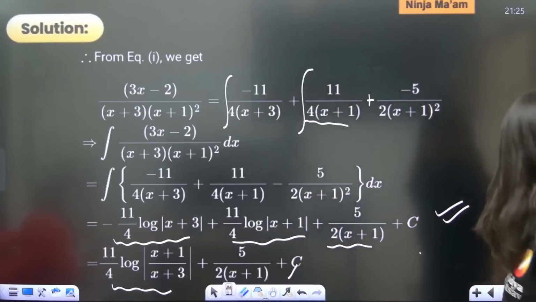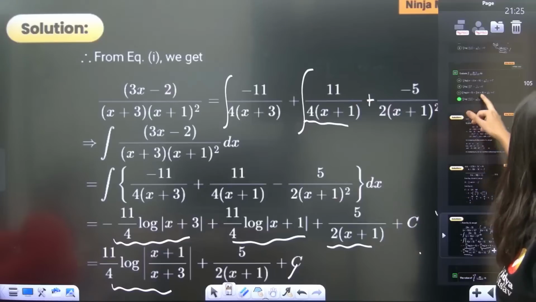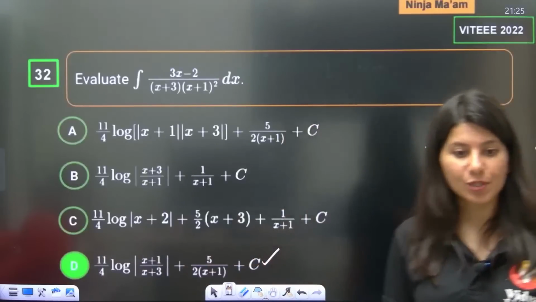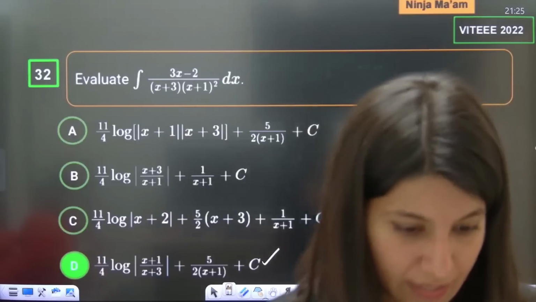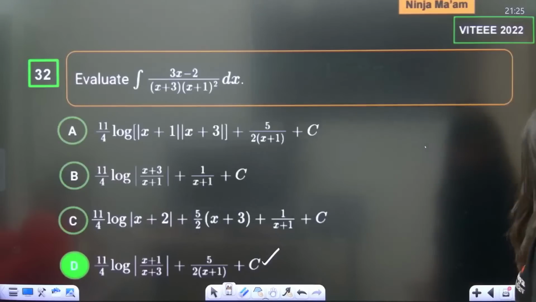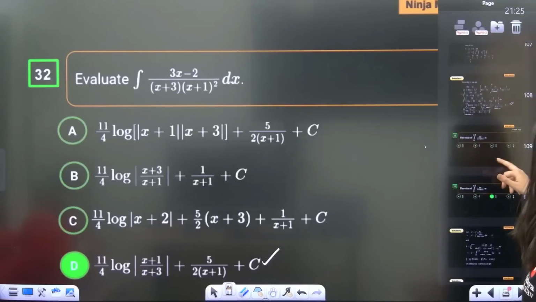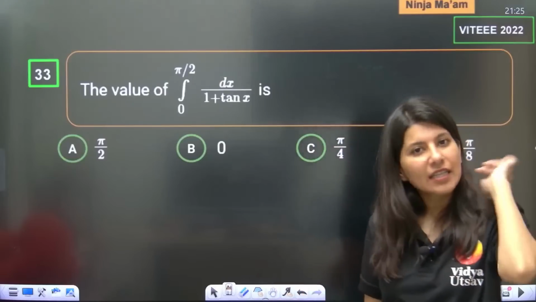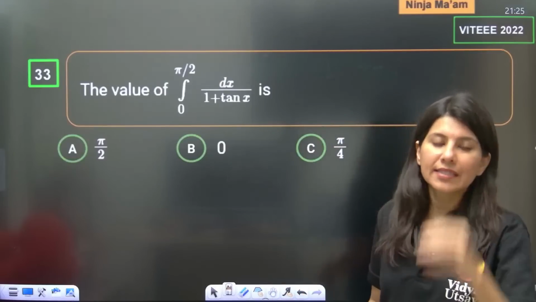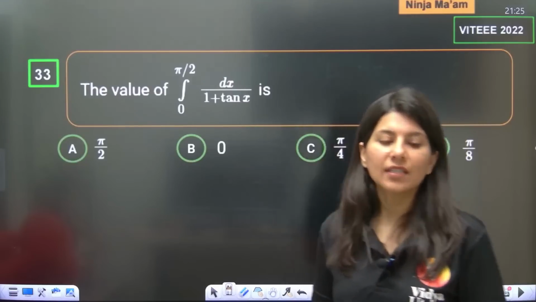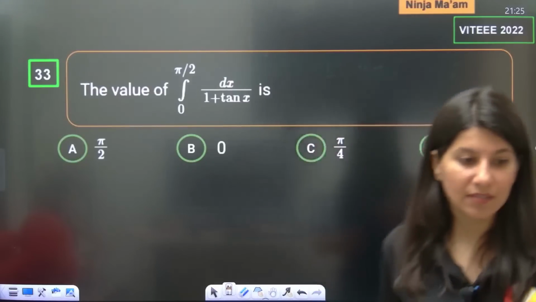Yes, okay, so this question I think which answer is correct then? Option D is actually matching with our answer, option D for question 32. Okay, everything. And are these questions enough for VIT EEE? No, in mathematics, nothing is enough. Keep on practicing, every day keep practicing. Okay, every day at least 30-40 questions you need to practice nicely.